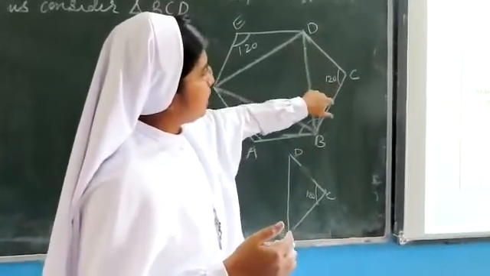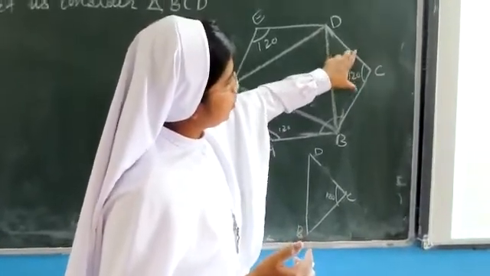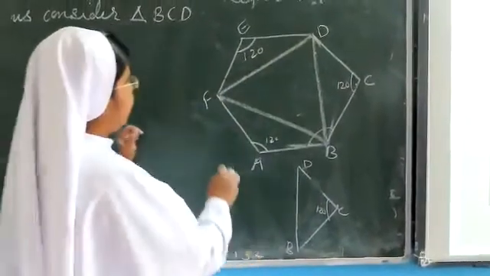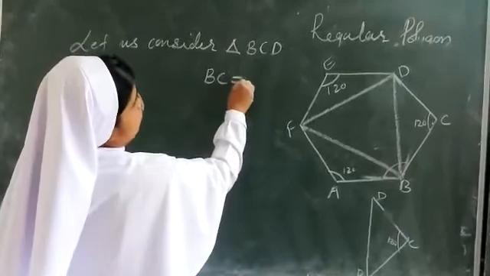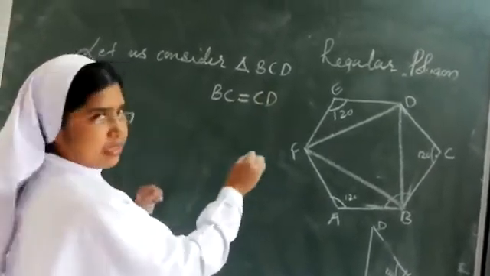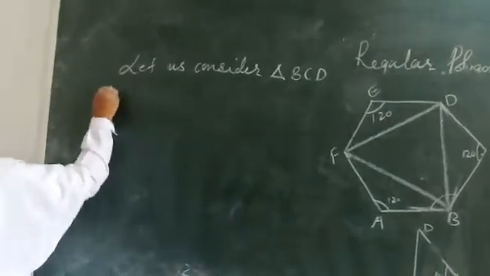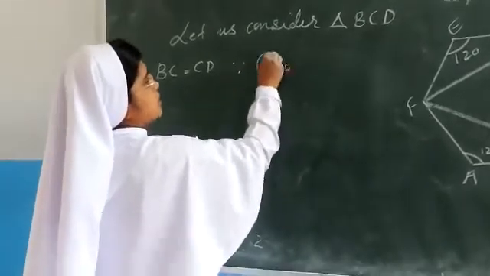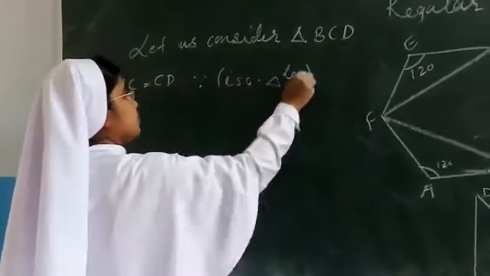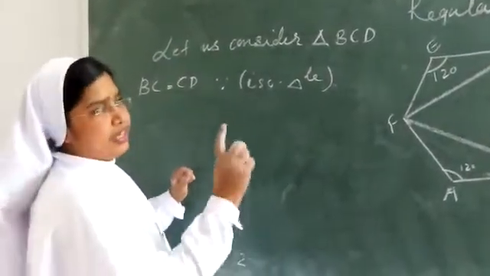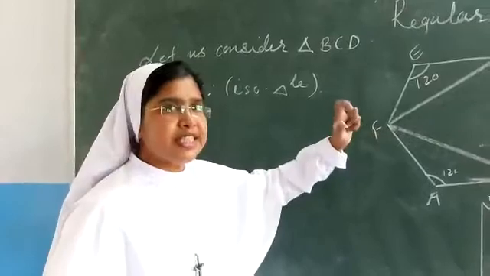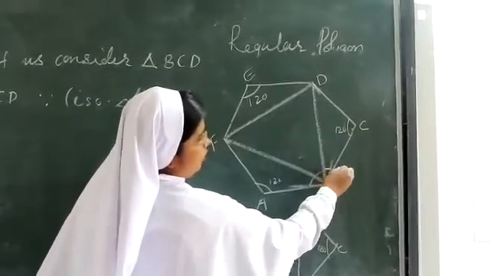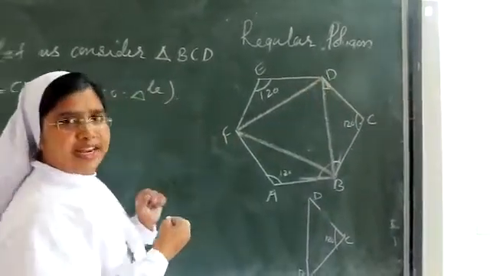So we know isosceles triangle and these two sides are same. These two sides, BC is equal to CD. Why? It is isosceles triangle. Right here, BC is equal to CD, since isosceles triangle. I hope it is clear. Now, if it is isosceles triangle, the opposite angles also will be equal. Opposite to this side is this angle. Opposite to this side is this angle. That angle will be equal.